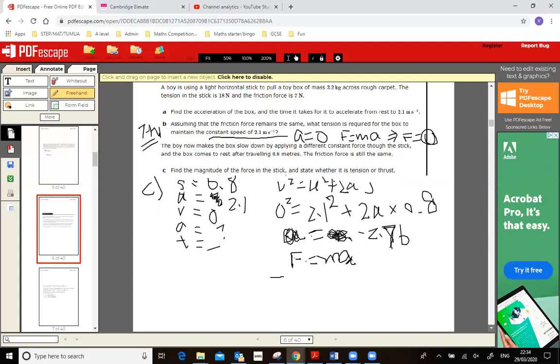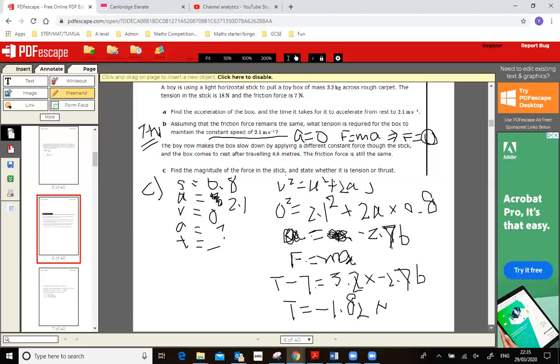So we have T take away 7 equals 2, which is 3.2, times the acceleration we just worked out, so minus 2.76. Then by putting it in the calculator, we should be able to work out T equals negative 1.82